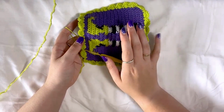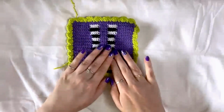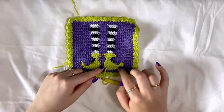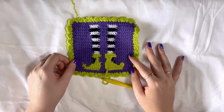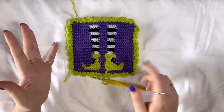So I'm going to continue working my surface crochet until I get back to that first stitch, and then I'm going to show you a little trick that I like to do. This is where we're at and she looks a little bit funny, but I actually really like it. It's obviously given the shoe just a little bit more definition, and it looks really cute. Now we want to work on this shoe now, obviously, to make it symmetrical,